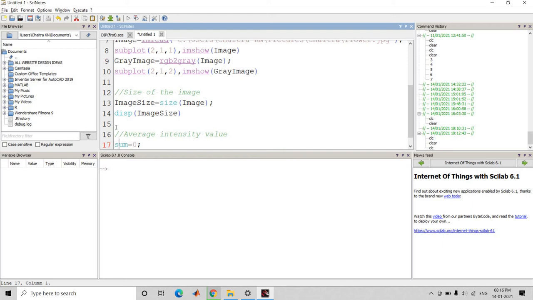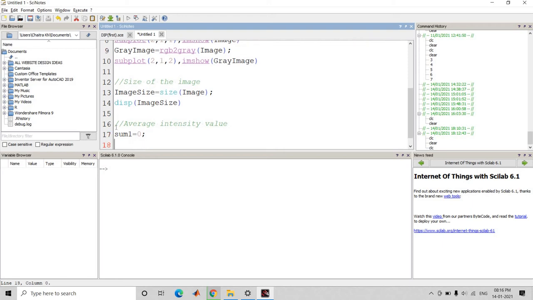It won't take an inbuilt function as a variable name, so we make it sum1. Then sum1 is equal to 0. Before that, you have to calculate the length of the image. mn is equal to length of gray image.